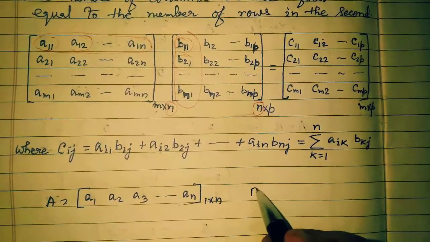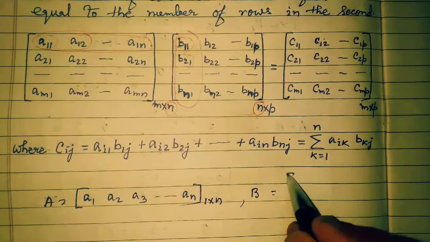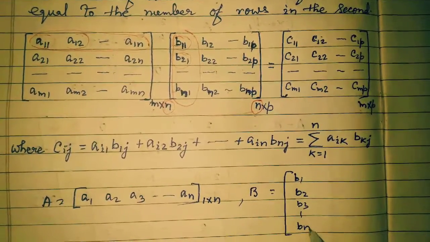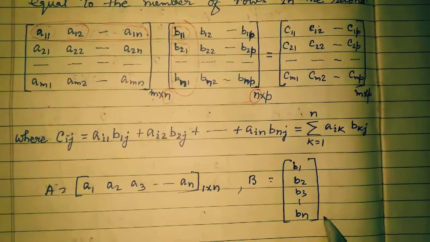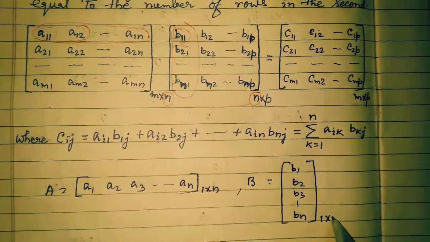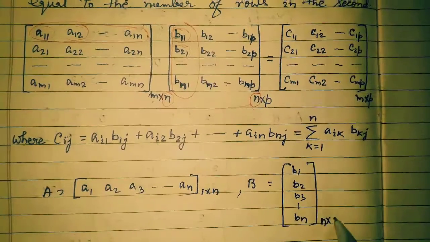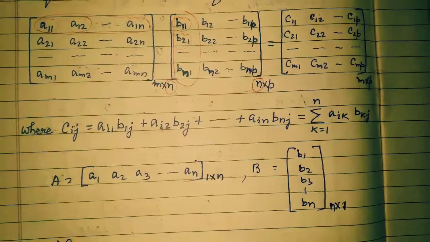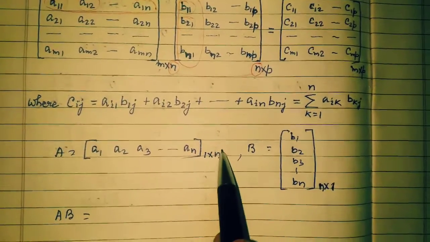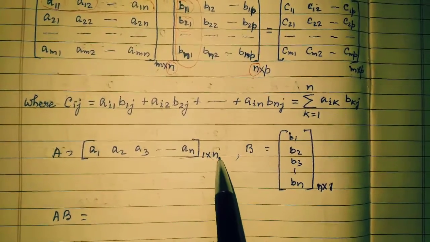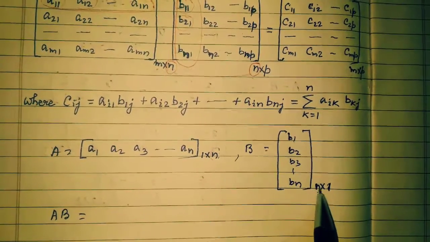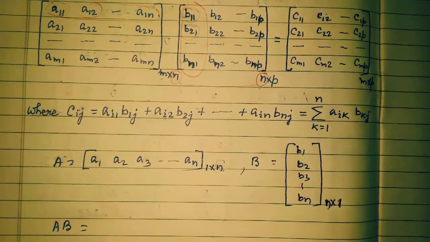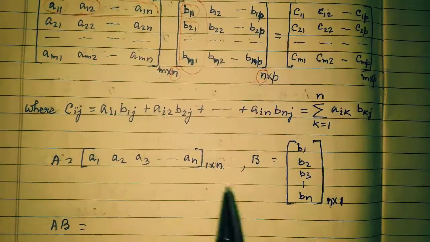Suppose we take a column matrix B, given like this: B1, B2, B3 up to Bn. So this order will be n into 1. Now see here, if we find A into B, whether A into B is possible or not, we'll check here. The columns of matrix A are n, and the rows of matrix B are also n. That means these two are the same, so matrix multiplication exists. Now what will be the resultant order of the matrix? The resultant order of the matrix will be